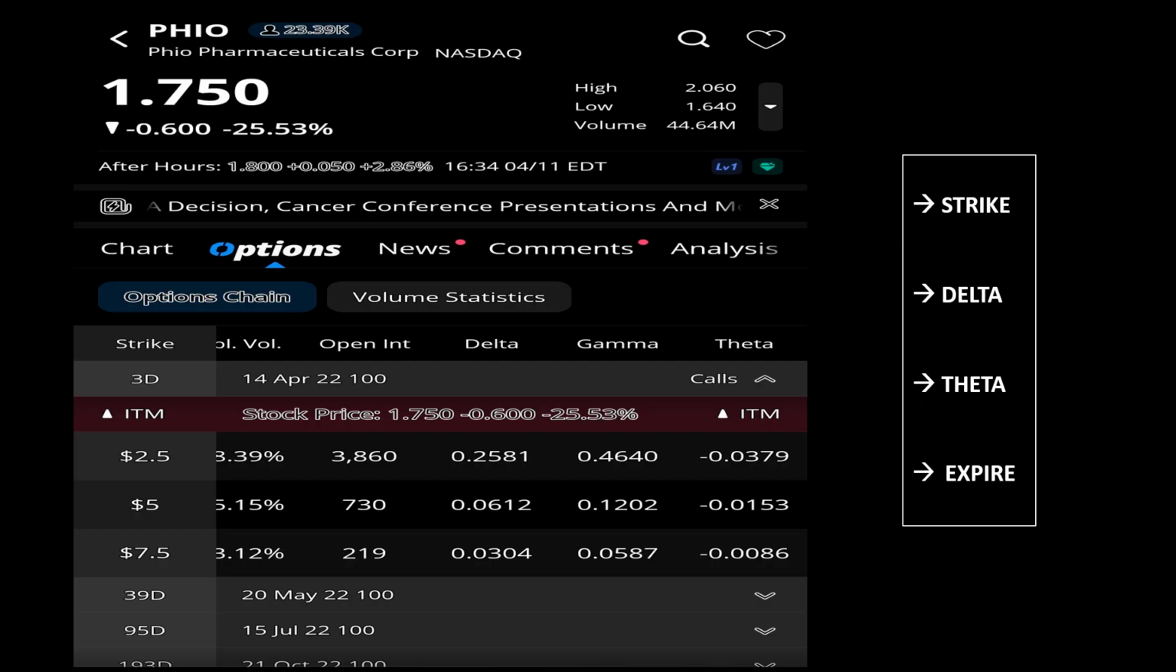Now we'll turn our attention to FIO. It was a major runner on Friday, and if you look at the leftmost column, you'll see the strike price. That's the amount that you agree to pay per share of the underlying stock versus what its current price is, whether it be up or down from that. That's known as strike. Then there's the delta, which is the amount that will change per dollar increase of the